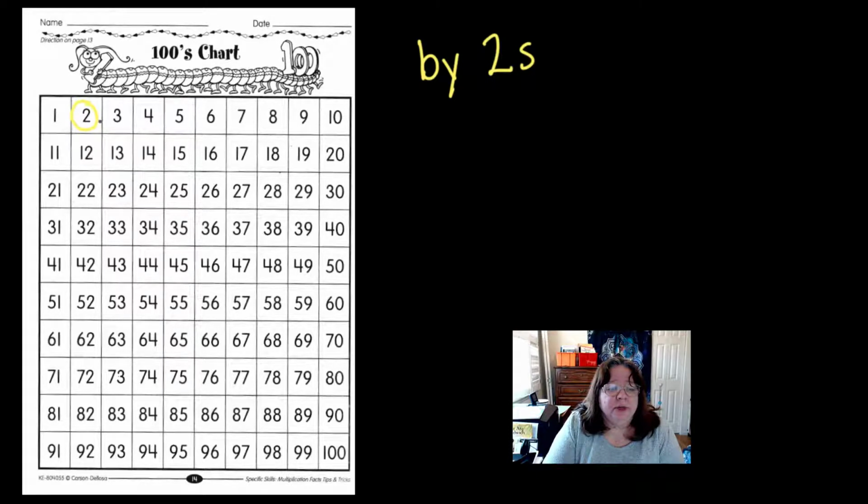2 plus 2 is 4. Now I could have gone 2 plus 2 is 4, 4 plus 2 is 6, 6 plus 2 is 8, 8 plus 2 is 10. And while that's fine to do when we're first learning, counting by 2s is kind of a pattern that if you practice it long enough, it will just kind of stick in your brain, much like the lyrics of a song. So 2, 4, 6, 8, 10,